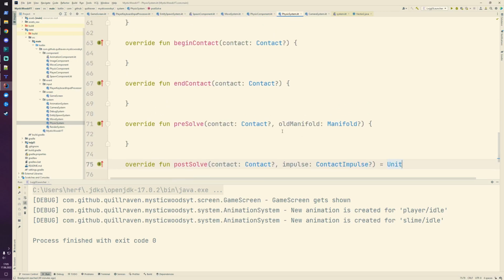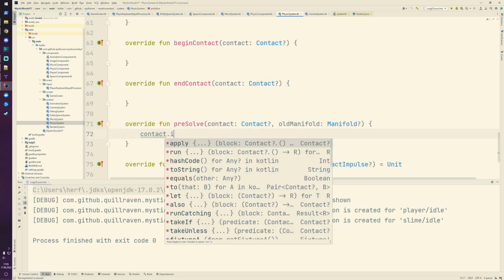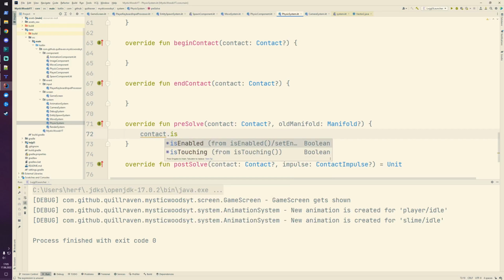We don't have any code for that. But in our pre-solve method, there we want to do something. There is a flag or attribute called isEnabled, and that defines if a contact, so if collision handling, should happen or not. So for example, when we set that here to false,